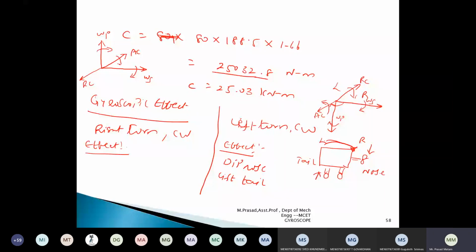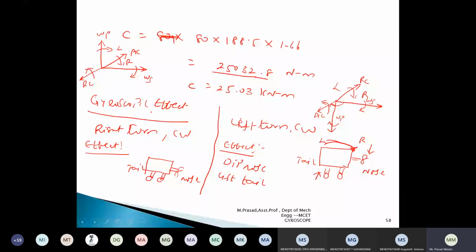Do the notations as it is clockwise motion. This is my clockwise, this is my clockwise, and this is my clockwise. This is the left hand side, right hand side. How the aeroplane is moving for reactive couple? It is moving from right side to the left side. Now, you see, imagine here. Same again. I want to draw just aeroplane. So this is the nose portion. This is the tail portion. How the reactive couple is acting? It starts moving from right side to left side.